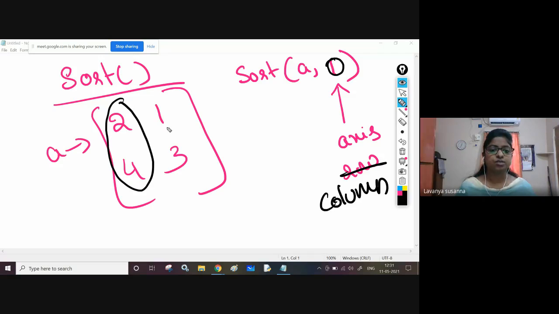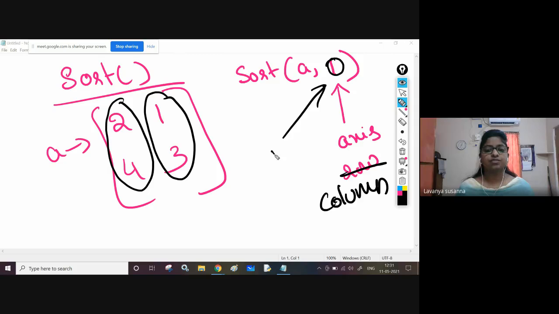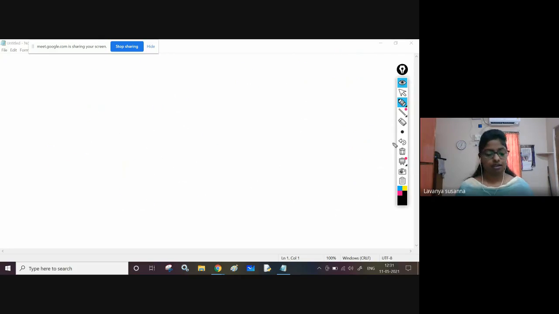Already it is in sorted order, arranging the elements in ascending order. Axis 1 means row. Axis 0 means column. You need to provide matrix name comma axis. It's very simple, right? I will execute and I will show you.